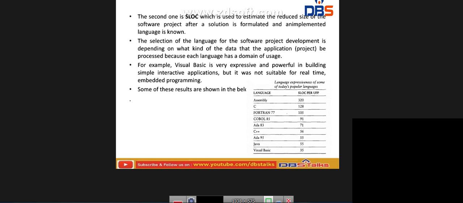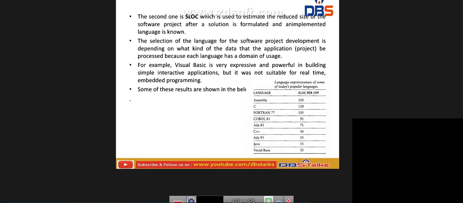For assembly language, we use 320 SLOC per UFP; for C, 128; for Fortran 77, 105; and for COBOL 85, 91. Then ADA 83 is 71, C++ is 56, ADA 95 is 55, Java is also 55, and Visual Basic is 35 SLOC per Universal Function Point. From these languages, the fewest SLOC is implemented with Visual Basic.